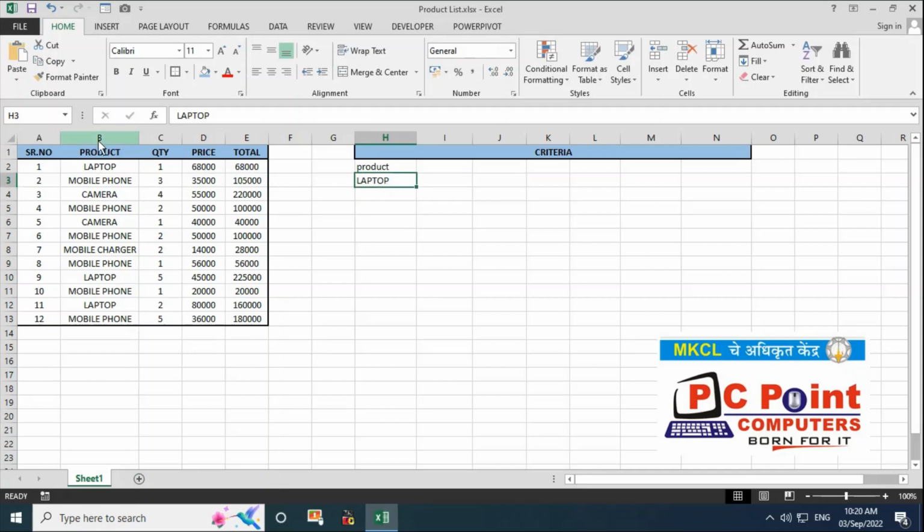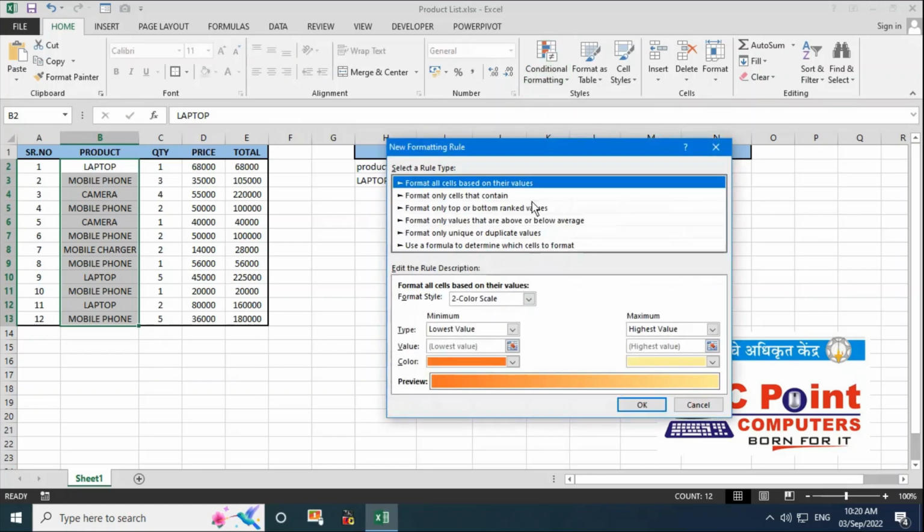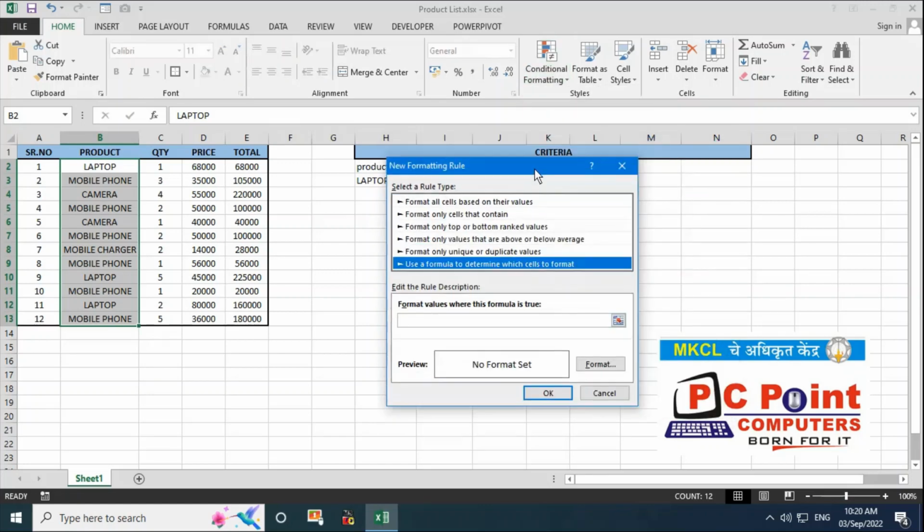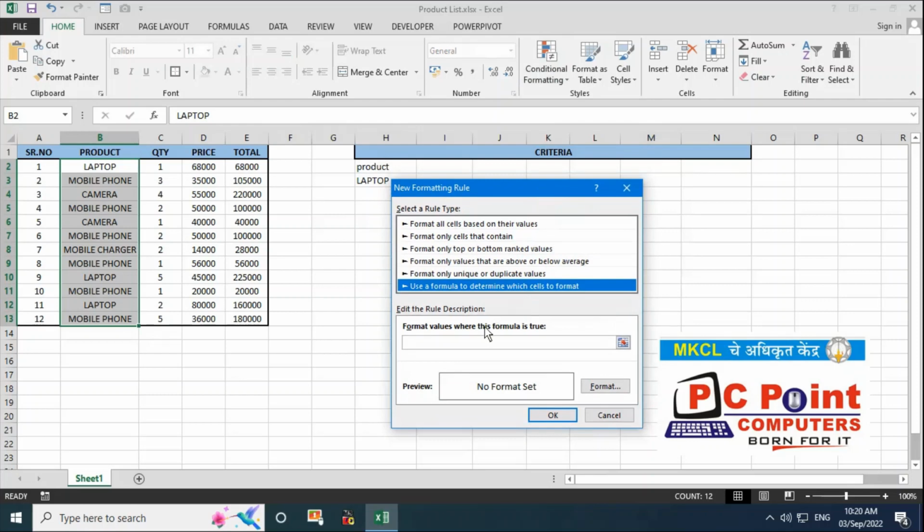So for that I'll select this entire column over here. I'll go to the home tab. You can see I have conditional formatting over here. So I click new rule, go to the last option, that is use a formula to determine which cells to format. And here I'm going to write equals.